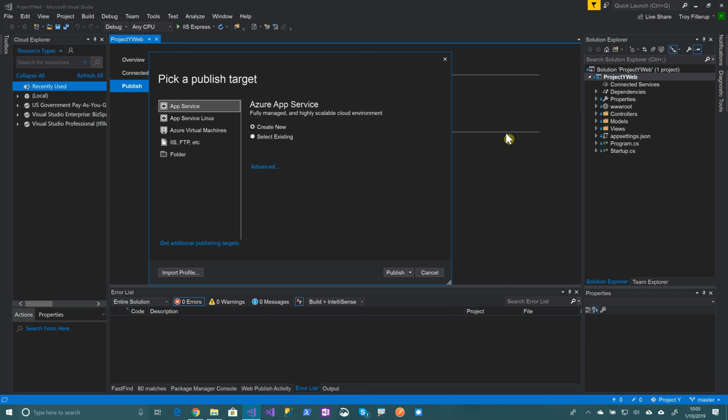What that's going to do is allow us to publish this up into Azure. And we can do it one of two ways. We can either have it create a new app service for us, or we can select an existing app service. Well, we don't actually have an app service set up yet, so we're going to do a create new. So if I hit publish,